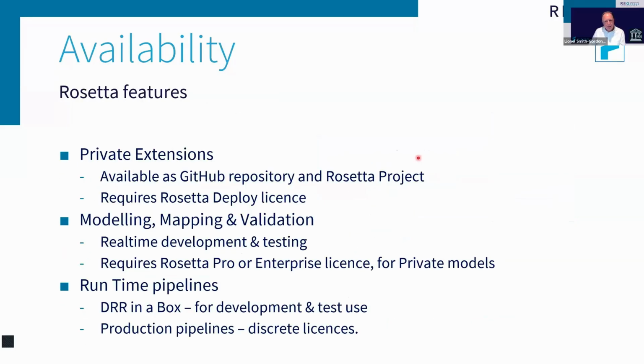As I've said, a lot of this is available as open source. Some of the features I've shown, particularly the ability to have the private extensions, that capability that Acme Bank has got, to do their own editions, does require, if you work with us, a Rosetta deploy license. But there is no reason why any of you cannot go out and implement your own capability to use RUNE,